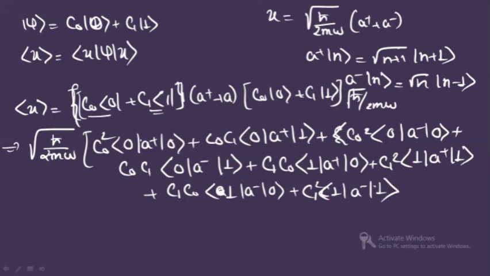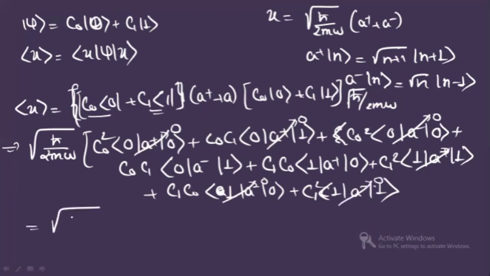So now if you see, a raising operator is operating, so this will become state 1, so this is ⟨0|1⟩, which is 0. Here again it will become state 2, so this is 0. Here lowering operator, so minus 1, it will become 0. This will become plus 1, this term will become 2 state, so it is 0. This will become minus 1, so this is 0.